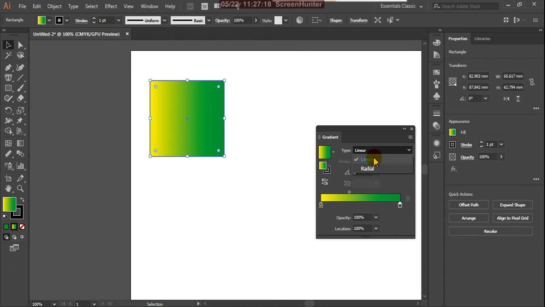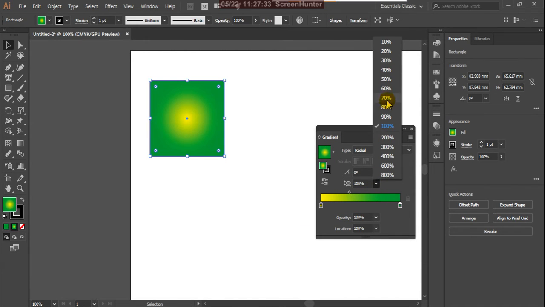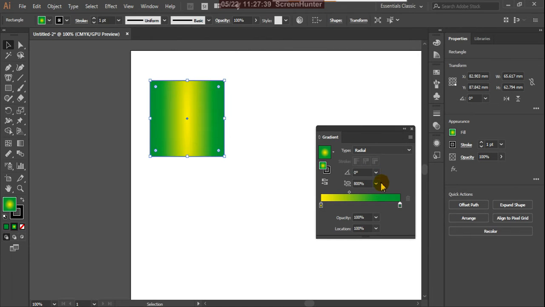And the same way here there are linear and radial gradients. By default it is showing linear, and here I'm using radial. Radial can be created from a circle. And here also you can give that value. Suppose this is 800, suppose this is 100.